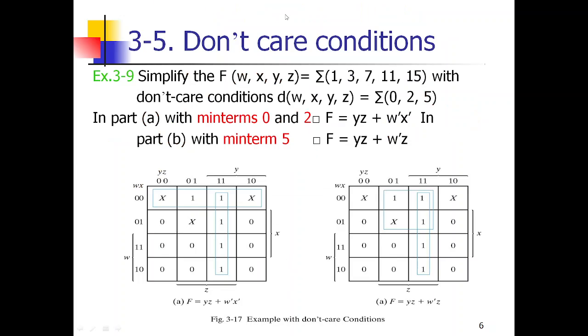Next is the don't care condition. What is don't care? We don't bother about that minterm. Whenever it is necessary, we have to include that don't care in the Boolean function. While simplifying the Boolean function, whenever the don't care is necessary, we can include it. If it is not necessary, we should not consider it. Normally the don't care conditions are represented with the value x.